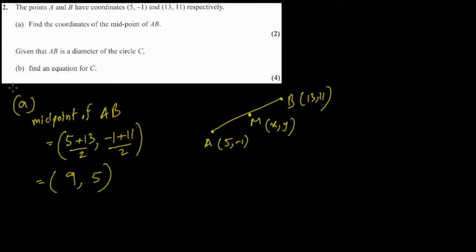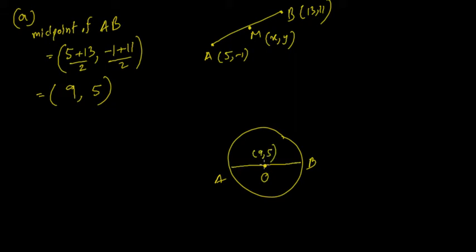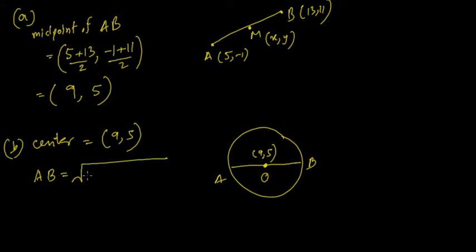So we know that information. Now they're saying that AB is the diameter of a circle. That means if you have a circle, then AB is the diameter. That means OB, or half of the diameter, is the radius, and that means the midpoint of the diameter that we just found, M, this 9 5, has to be the center. So just by that information we know that the center of the circle is 9 5, and we know the formula for the length of the line